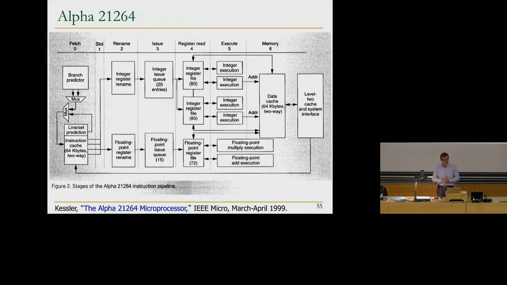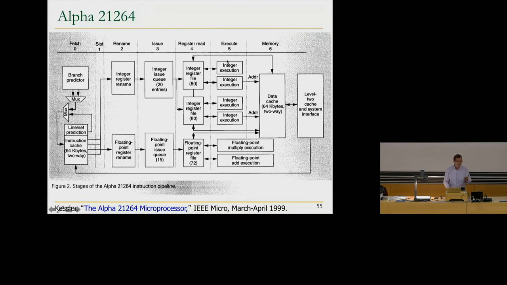Another machine, Alpha 21264. This is one of the fastest machines of its time. Actually, this is the fastest machine of the late 1990s. And you can see a very similar structure. We'll cover branch predictors later on, but into register renaming. And here you can see cycle by cycle what happens. This is how they divided the stages. So they had a renaming stage over here, and then they had what they called the issue queue, but this is the reservation stations for them. And when an instruction becomes available, it accesses the integer register file, and then it goes to the integer execution